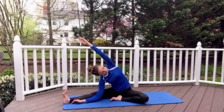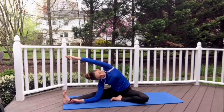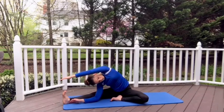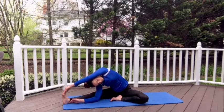Bring the right arm towards the inside of your foot on the side of your shin and extend that left arm over your ear, trying to reach for those toes. Once again, if you can't reach for those toes, that's okay. The longer you hold this stretch, the more your body will start to relax, and you might just find yourself grabbing those toes. Roll your left shoulder back so that your chest expands outward and your body is not caving